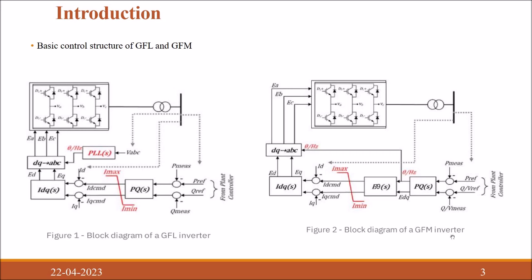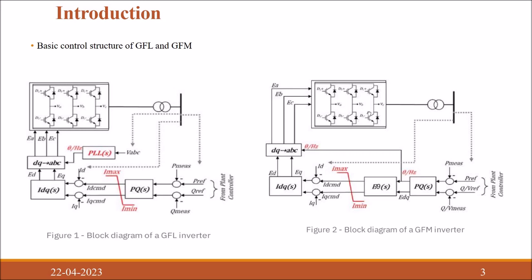In a grid forming inverter, the case is a bit different. Here, the error between the reference and the actual power value is fed to the PQ block. The PQ block has its own equations which generate the EDQ and the theta. This theta is then used to convert the DQ reference frame values into the ABC reference frame, and this E theta generates the ID and IQ command,